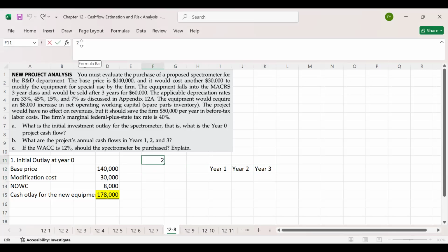Here, these are annual cash flows. So first of all, we have this saving of 50,000, and this is before tax. So after-tax savings are 50,000